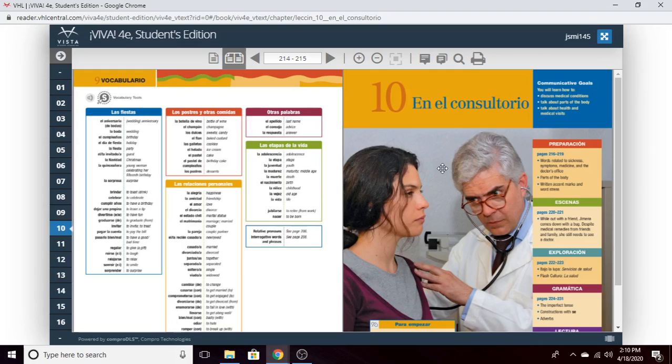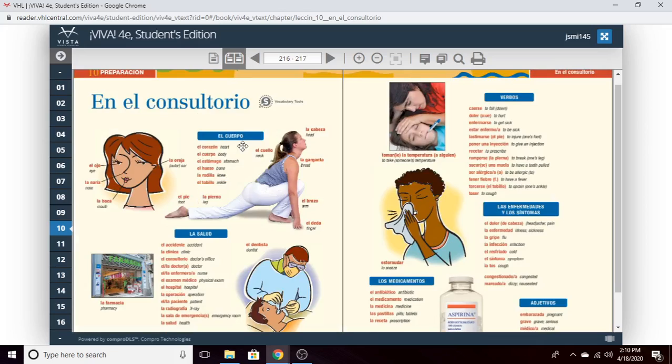Parts of the body. A lot of medical terms in English and in Spanish are rooted in Latin. So if you have a good sort of medical vocabulary, it'll help you with your Spanish. For example, corazón. You could think of it like coronary. Or pie, like podiatrist. Dedo, your digits. Estómago, your stomach.